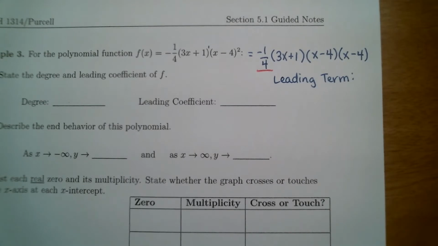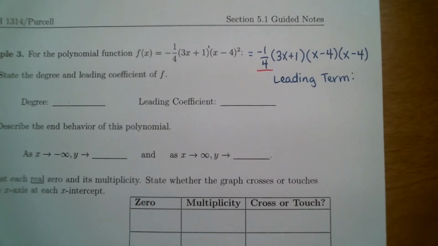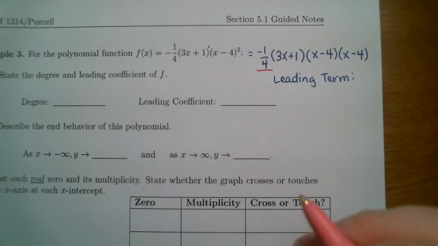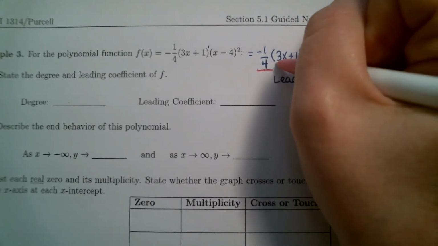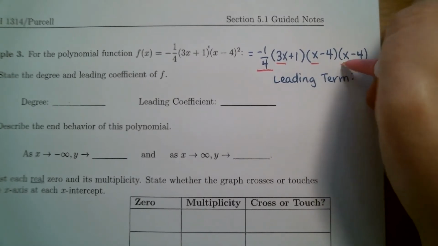And I'm talking about the number out front of all the parentheses, okay? And then inside the parentheses, I want you to underline everything that has an x. And if it has a number with it, you should underline that too. So in this first set of parentheses, I've got 3x, and then I've got 1x, and then I've got 1x,